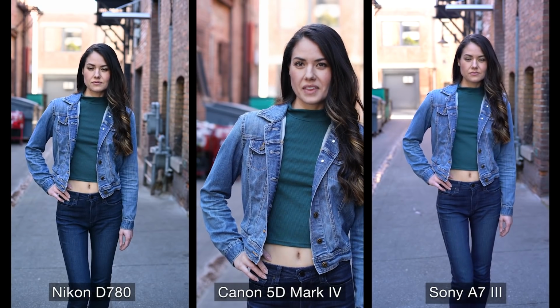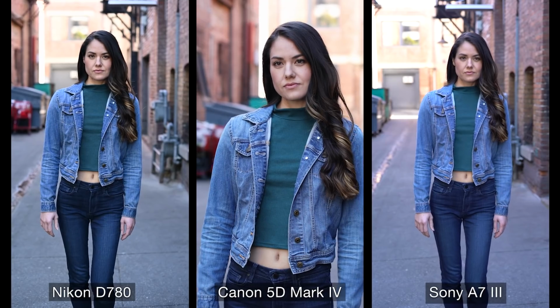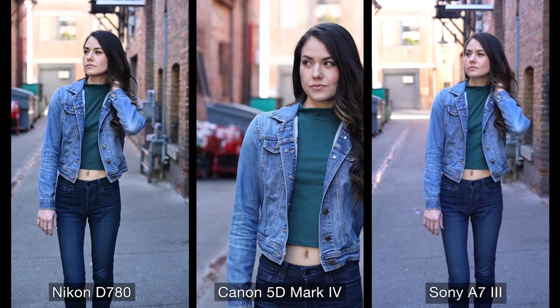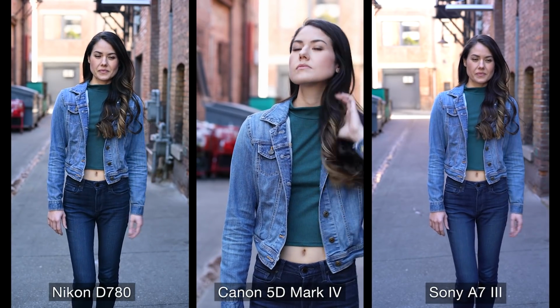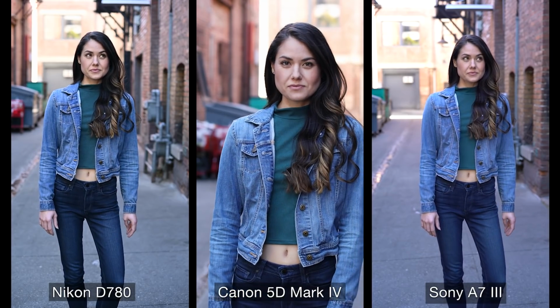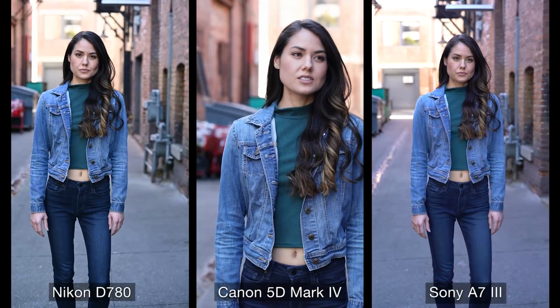They're all actually remarkably similar. I will say, in the past when we've shot Nikon, they've looked overly contrasty to the point where it looks bad, and this isn't that way. These three pictures all look very clean and very similar. You didn't make any color correction on these, did you? No, these are straight out of the box. So there's the image, and you immediately see the big disadvantage for the Canon,